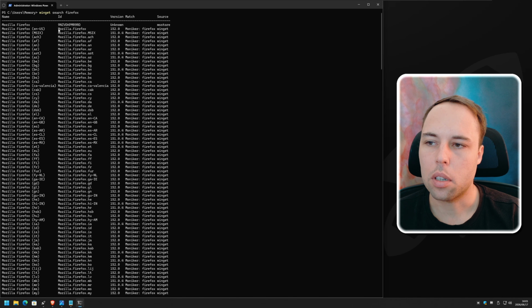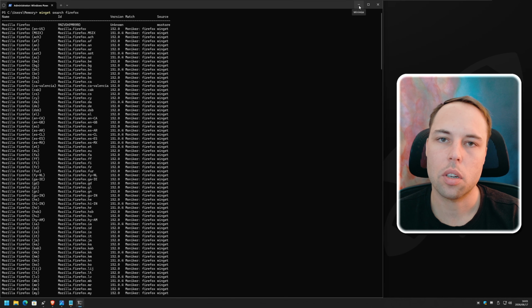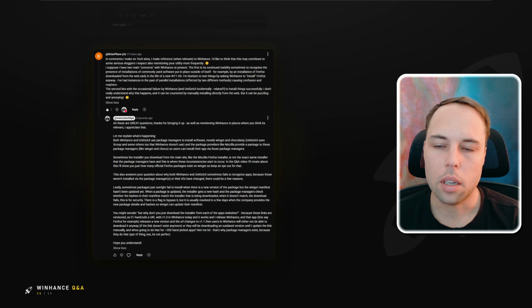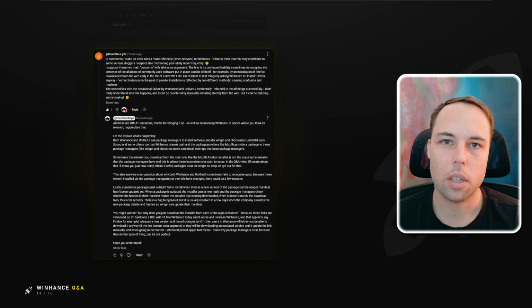And it primarily uses the Winget source, but if that doesn't work, then it falls back to the Microsoft Store version of that package if it exists. So the answer to the installation detection question is there are different installers for the same app. And I've tried my best to put in multiple detection methods so that I can catch all of them. And over the course of developing WinHance, I've done my best to add multiple detection methods so that I can catch all of these different installers. If they were installed in a different way, then WinHance installs them.